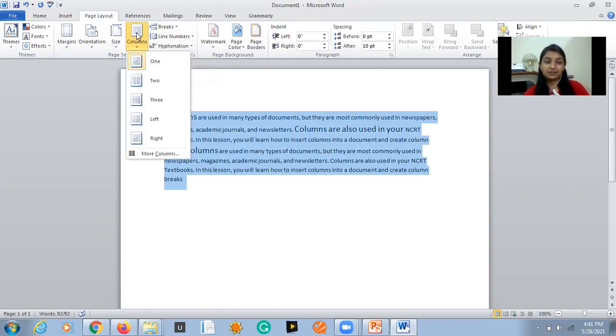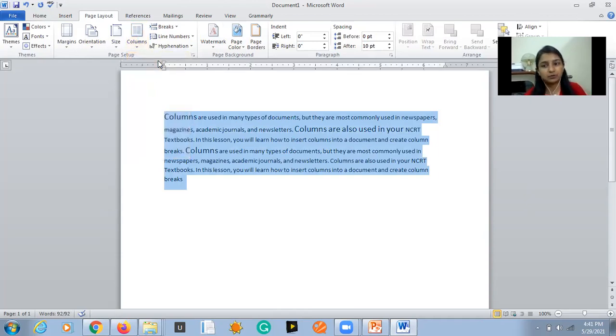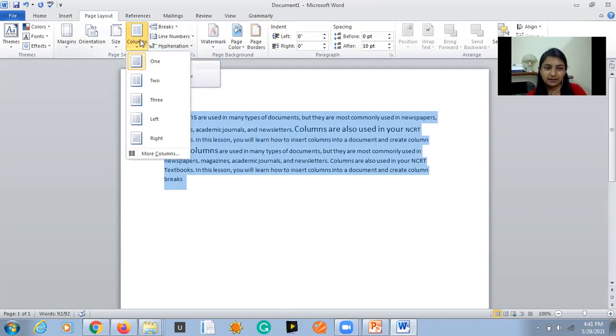And while clicking on it, we have received the same kind of image which we were observing in the previous one. That is 1, 2, 3, left and right. Let us now practice for this. First of all, the first one is 1 itself, so we don't need to use this command for now. If we have used these other commands like 2, 3, left, right, then only we have to apply the 1. Otherwise, it is by default. Now you have to tell me what you are noticing, okay? I'll be performing it and asking you later.